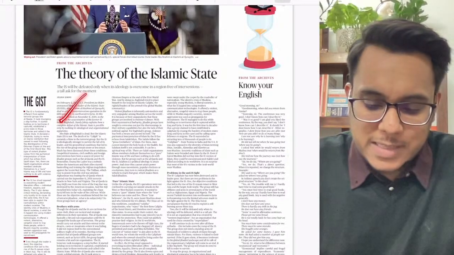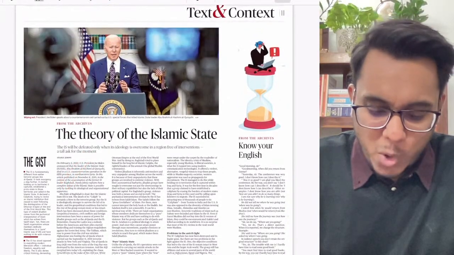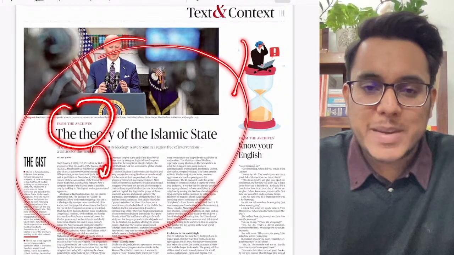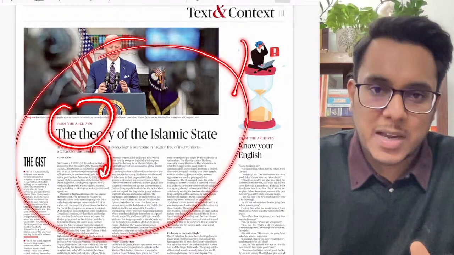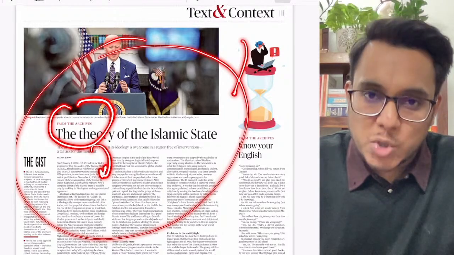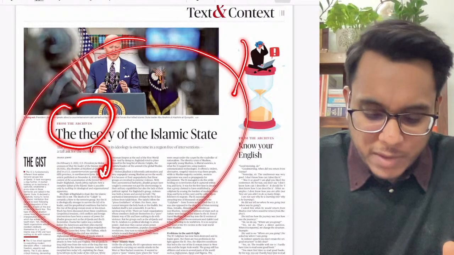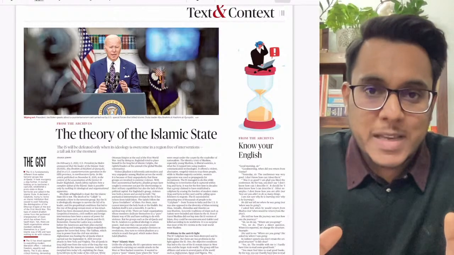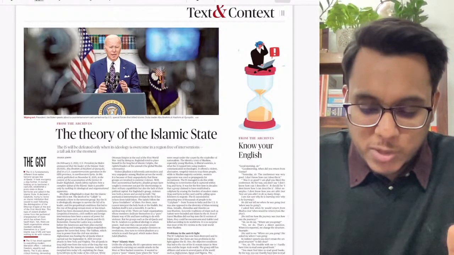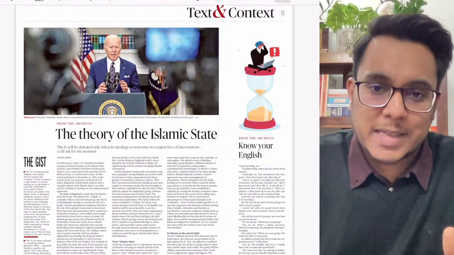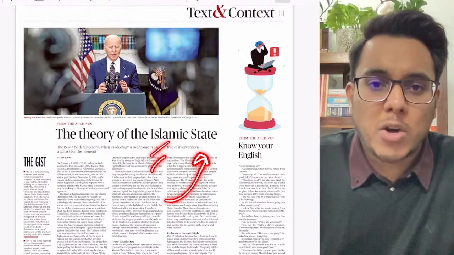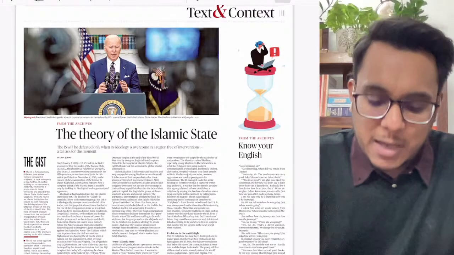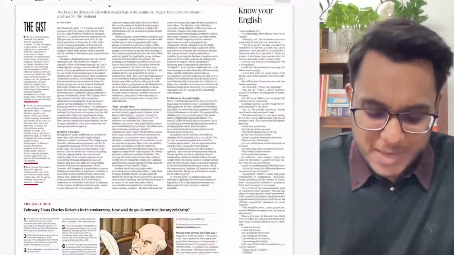After that, the theory of the Islamic State. Now guys, understand that on this particular page number 2, this article comes from the archives section. Archive means that these are old articles which have been published earlier. Sometimes there are some conceptual articles that are there, fine, we take it. However, with respect to the Islamic State, a large number of things have changed over the past 2 years. So this is an old article, fine. In this context, it is not very important for our examination. Now why has this article come now? Because the chief of the IS has been killed recently in an intervention that had happened. Okay, so basically the article is not important. Please don't go into that.